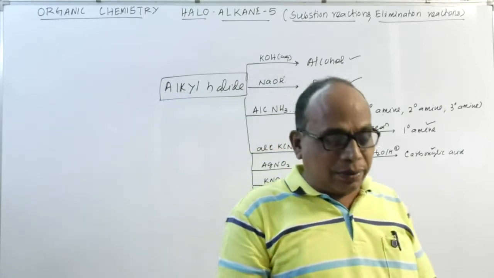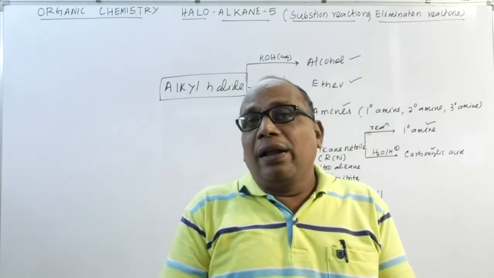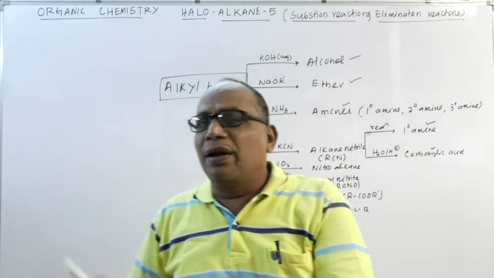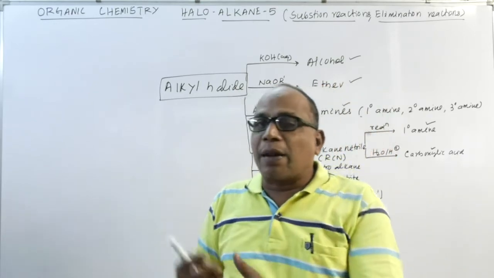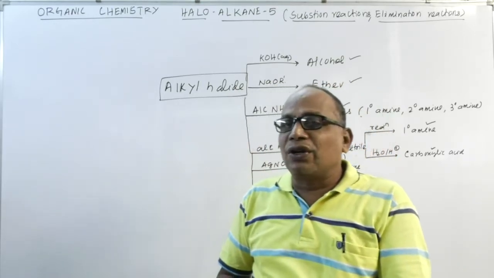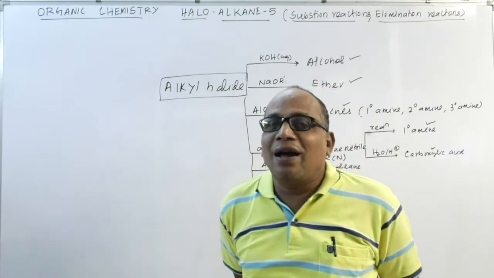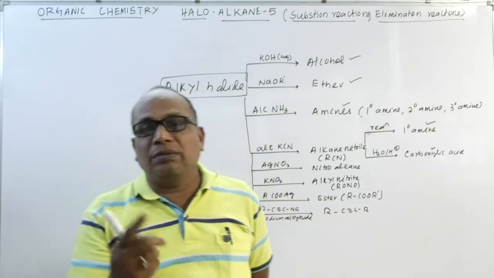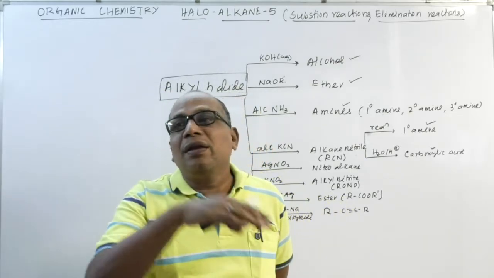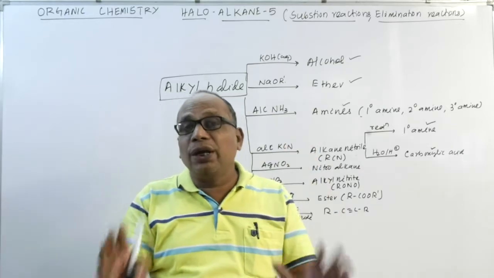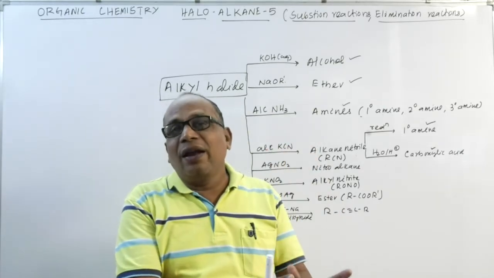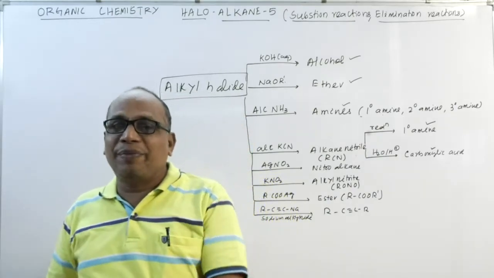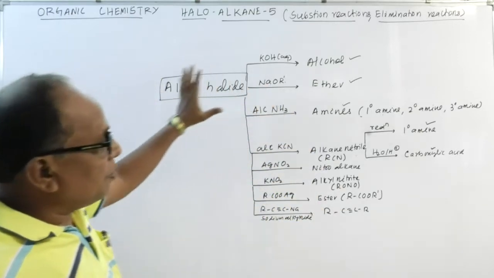Students, you remember the synthesis of various classes of compounds. Suppose I want to synthesize alcohol, I want to prepare carboxylic acid, I want to prepare amines, so the starting material will be alkyl halide. In your organic chemistry, mainly during conversion, A is given, convert to B, means we have to see what is the reaction of A and what intermediate compound will form. From that compound, how can you prepare B. That's why the table is most important.